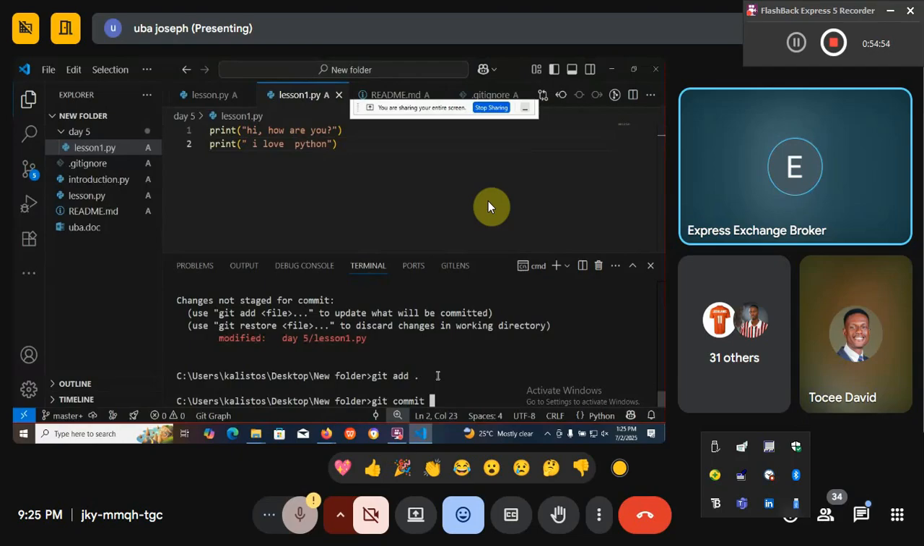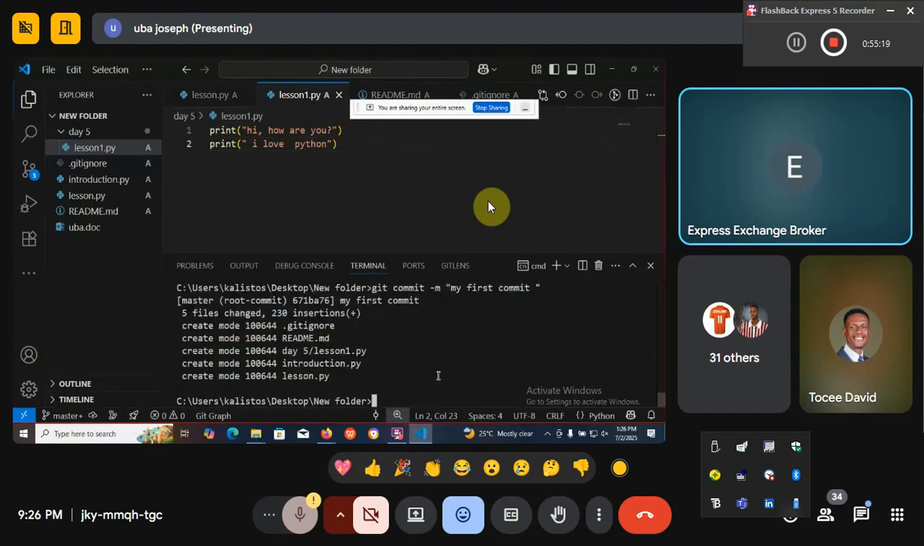Okay, so git commit -m, you now put information here, what you can use to remember this commit. I can say my first commit. This information is what you're going to use to track these changes. So once I do git commit -m, my first commit,